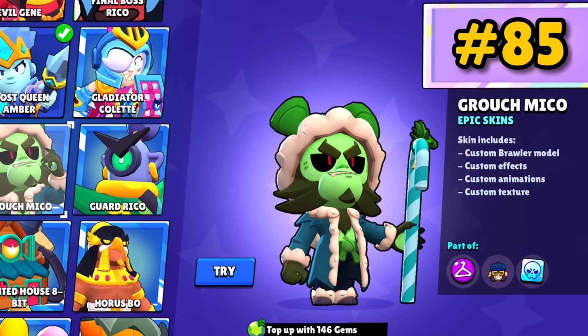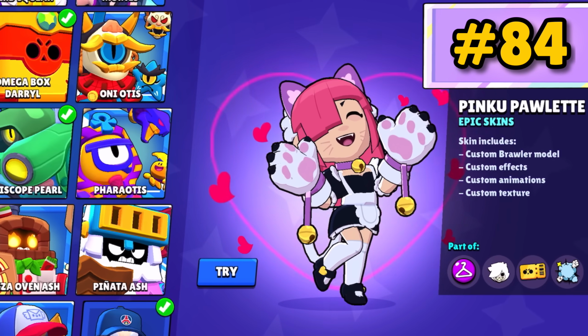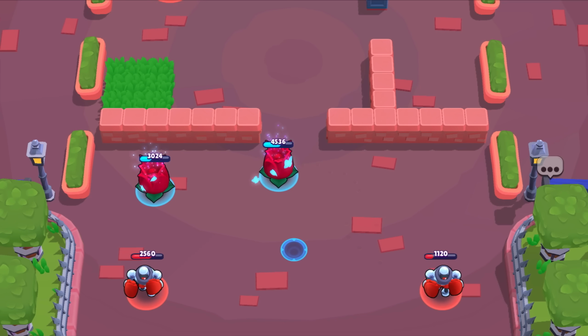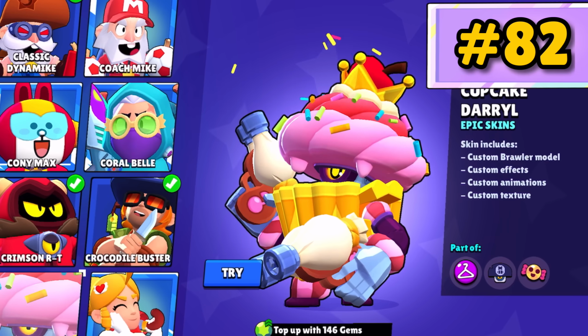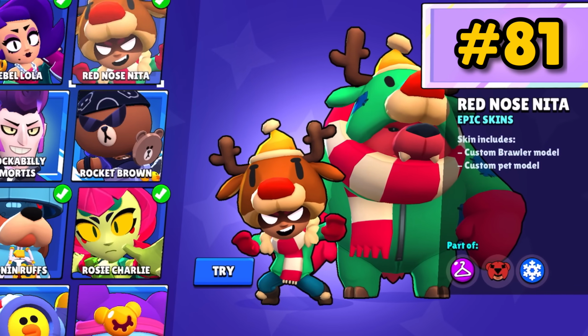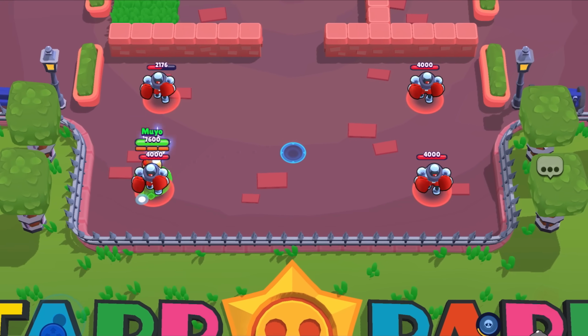Grouch Miko. Miko becomes the Grinch with a nice super landing effect. Pinku Paulette. I like anime girl. Rosie Charlie changes Charlie's spider egg thing into a rose, and she gets this poison ivy looking outfit. It's pretty solid. Cupcake Daryl. It's pleasing and has some pretty sick effects. Red Nose Nita. This was the first 149 gem skin and gives Nita some neat attack effects and a festive